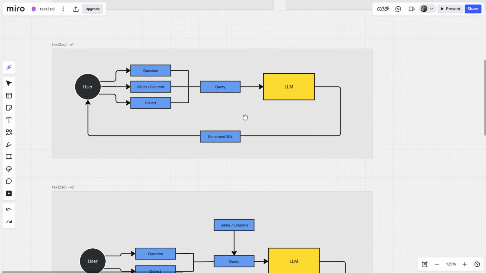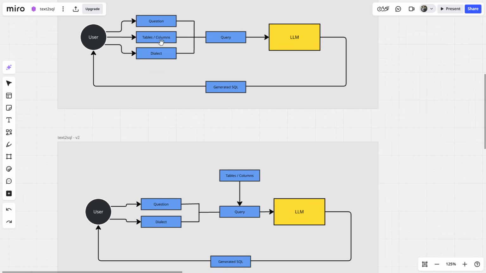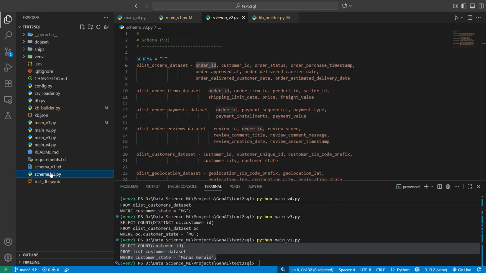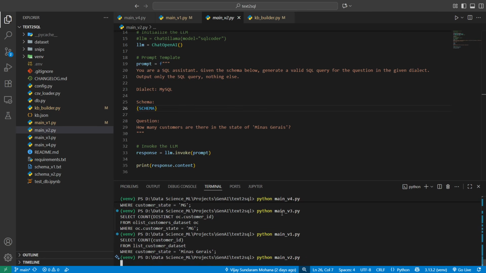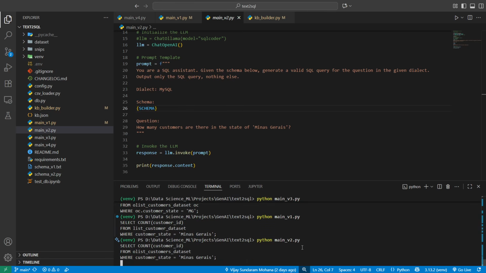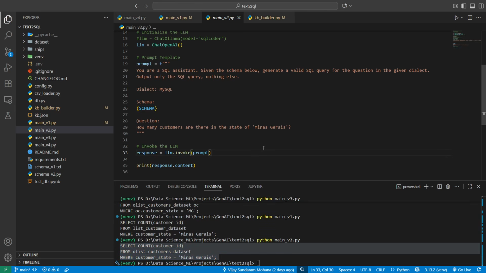So what I did was offload this particular step and pass it on directly to the query. I created a schema consisting of all the tables and the columns into a variable and imported this into the prompt, and everything else remains the same. So if I run this, it has to give me the same output. So in a way, we reduce the workload on the user by injecting the schema